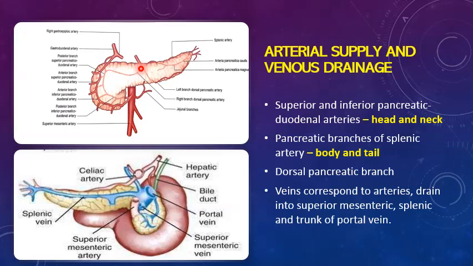Now from these arteries, the capillary plexuses are formed and they supply the islets and pancreatic acini separately. In the earlier slide we have seen that the endocrine part of the pancreas is the islets of Langerhans and the exocrine part is the serous acini. So all these arteries which supply the pancreas finally form the capillary plexus, and once they form the capillary plexus they supply the individual cells and tissues.